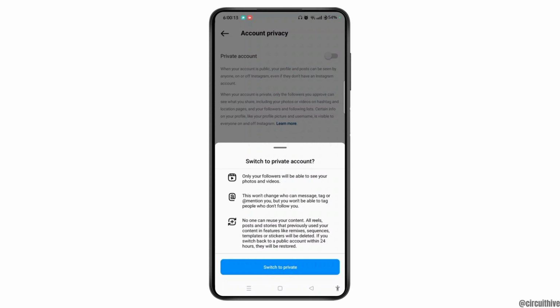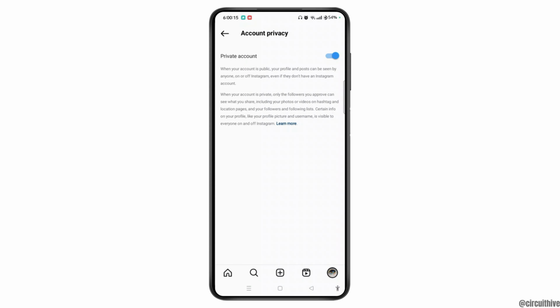Tap switch to private. And you need to note that we are not able to hide followers list on Instagram in public account because currently there is no such tool that helps us to hide followers list on Instagram in public account. Only when you have made your account private, then the followers you approve can see what you